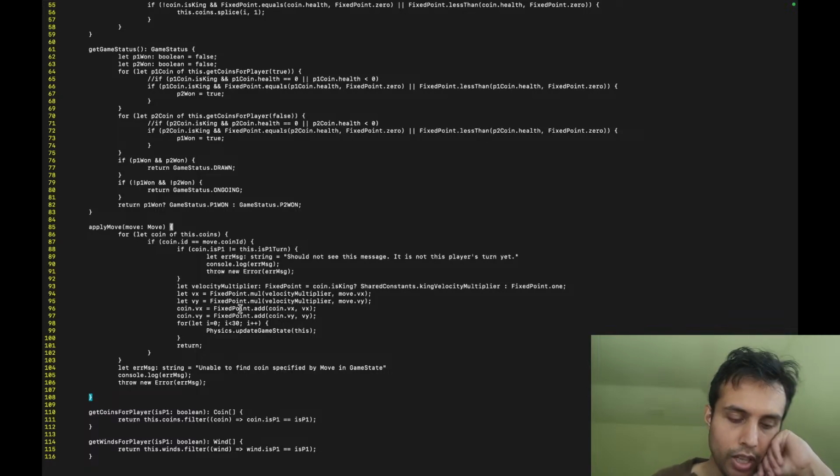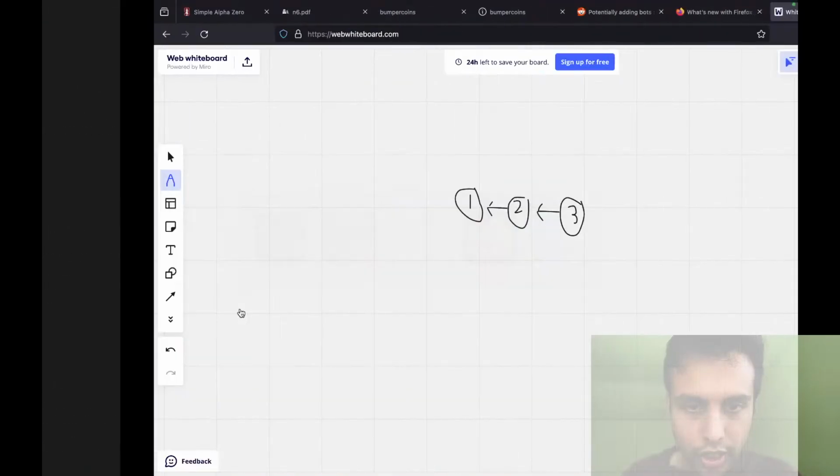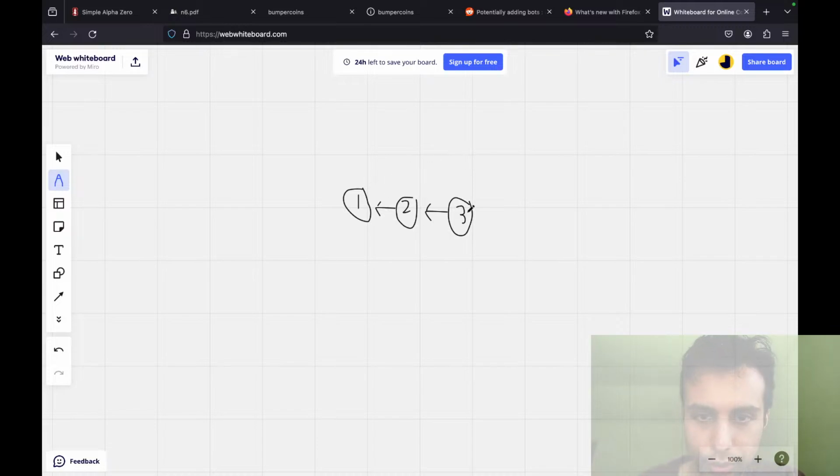Let me do this on the whiteboard to show. Say you have 1, 2, 3, and let's say that this is your current game state. Game state simply points to it, like a reference. Like in Git you have the label head, which points to the head. So this is your game state, which is 3. Let's just say that instead of the positions of coins, we have a linked list of values, like a LeetCode thing, where instead of next it's prev. So we have game state, which has the number 3 in it.